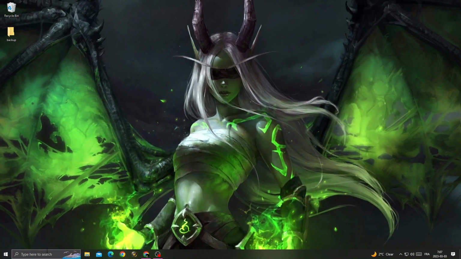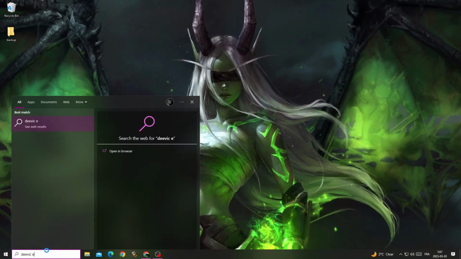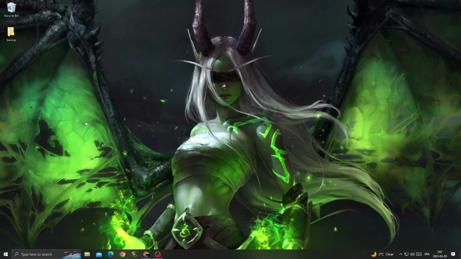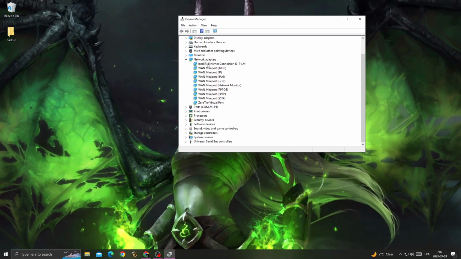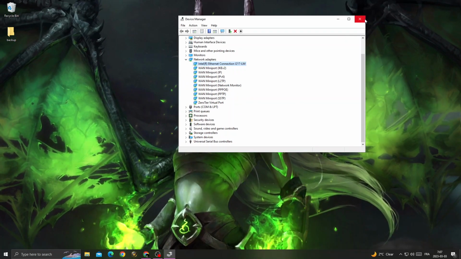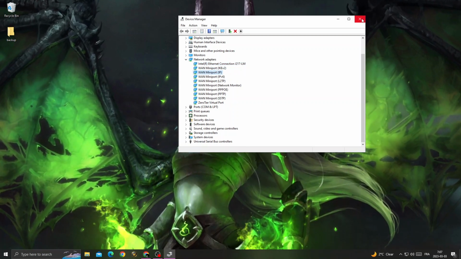First all you need to do, just type here device manager, click on it, and now after that go to network adapters and make sure to update all those drivers here. Right click update, search automatically for drivers, and then update all of those from the first one into the last one,